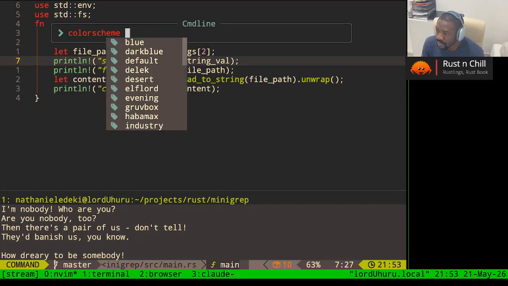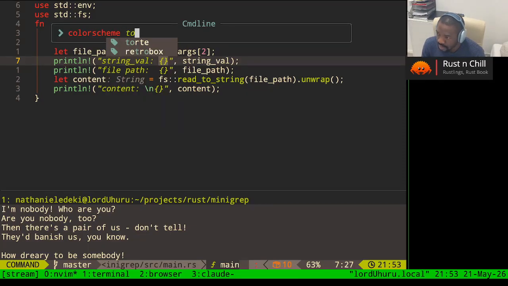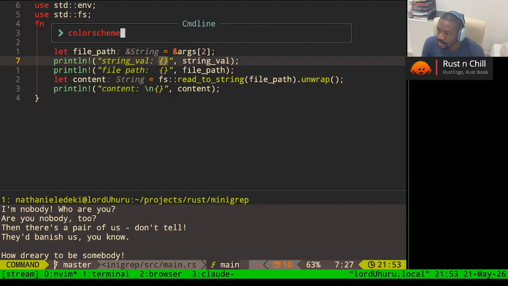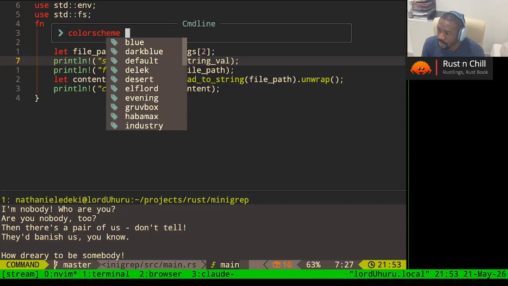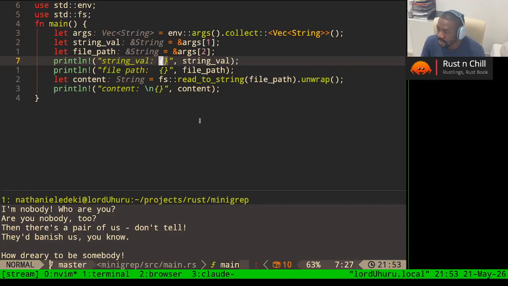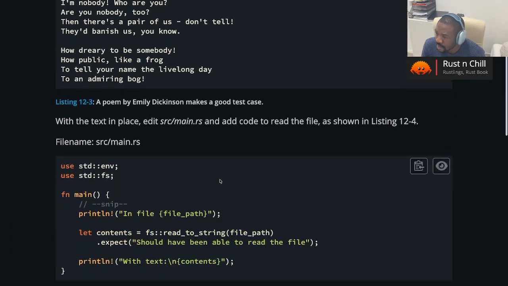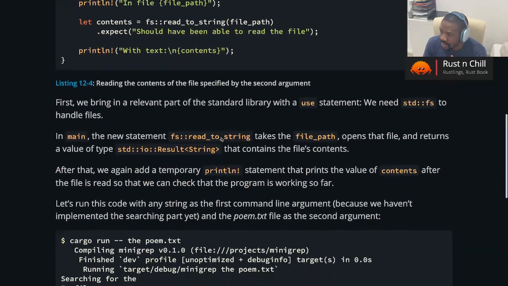I don't even know what these schemes are, but I think, well, whatever. I'll change that after, right now. So let's go on. So we're able to do that. Next,